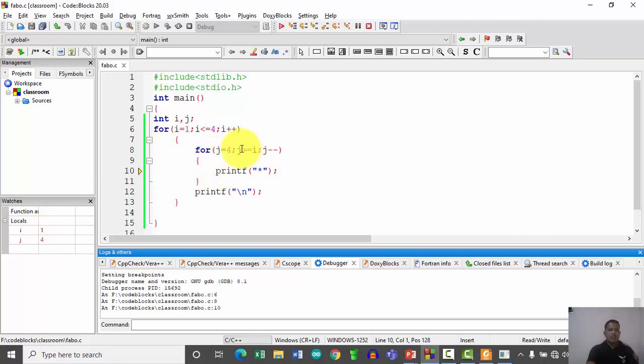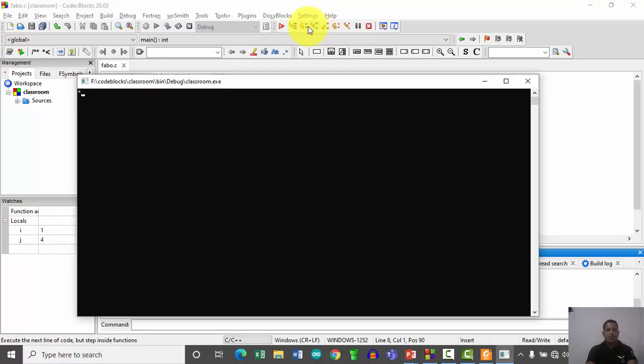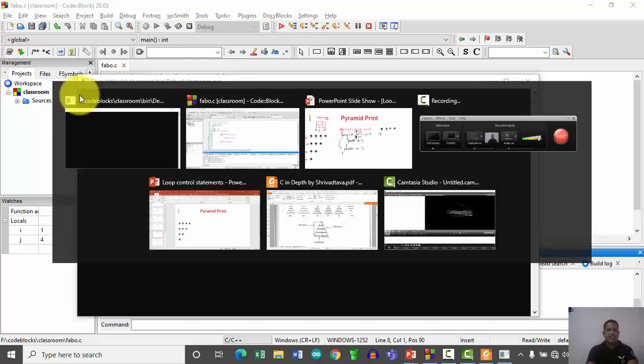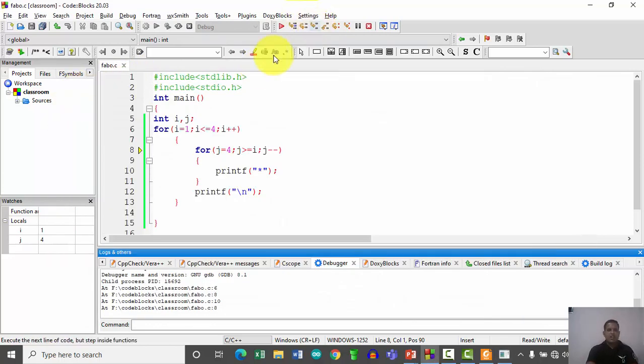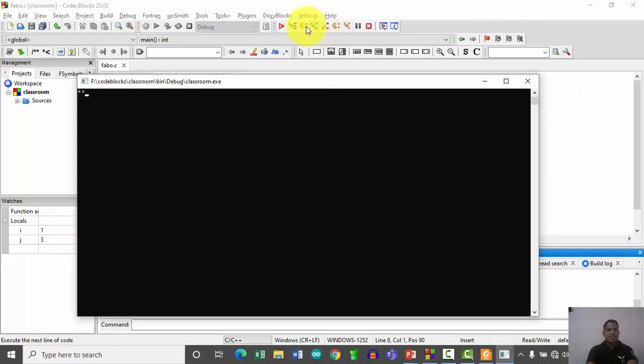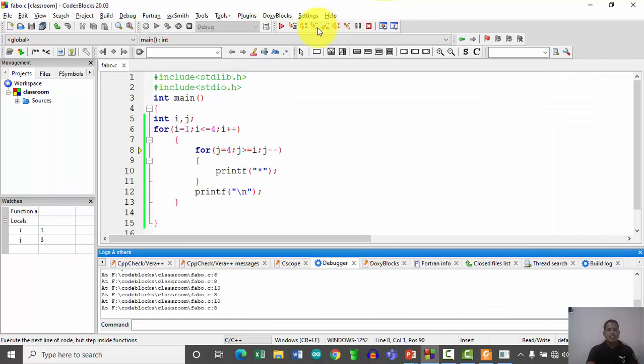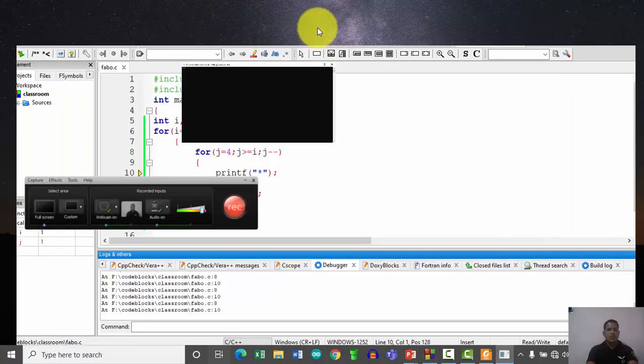Whether 4 is greater than 1, yes, condition satisfied, I get the first character on my output screen. Next the value of j is decremented by 1, so the new value is 3. Whether 3 is greater than 1, yes, then the second character is printed. Next the third character, and next my fourth character.